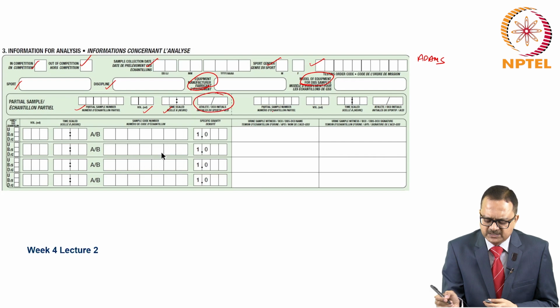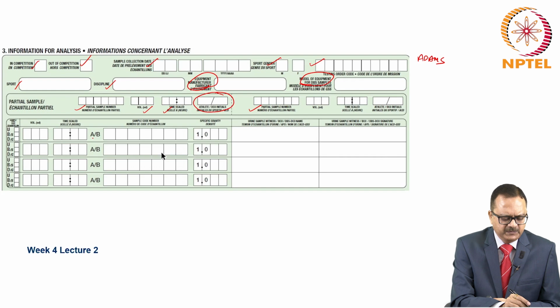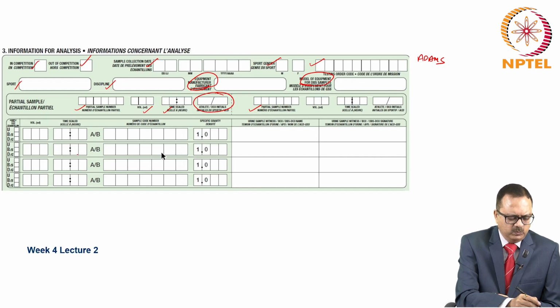If more than one partial sample is provided, again this part of the form has to be filled by the athlete. Once the sample is provided, whether it is urine, blood or dried blood spot,